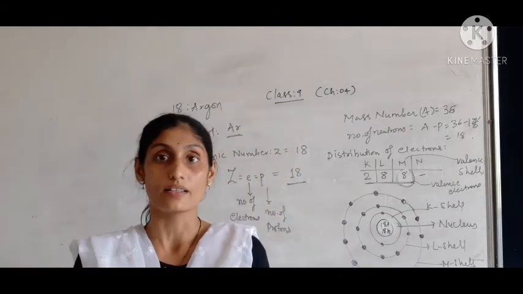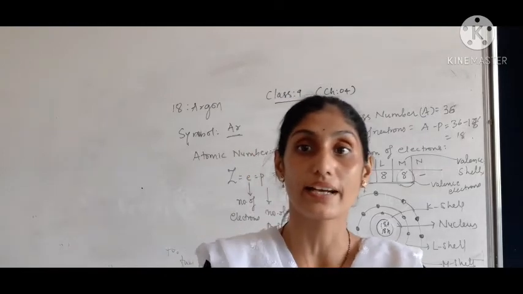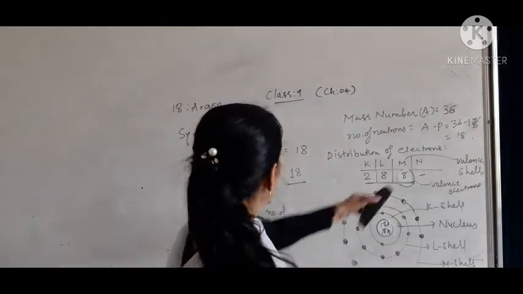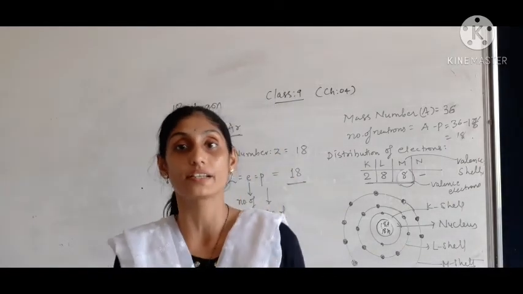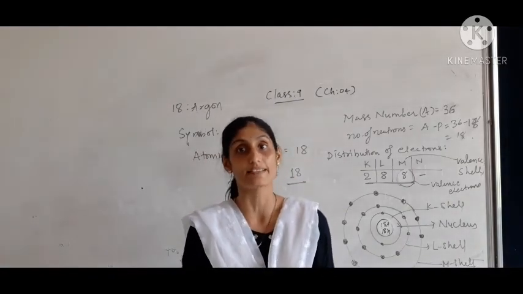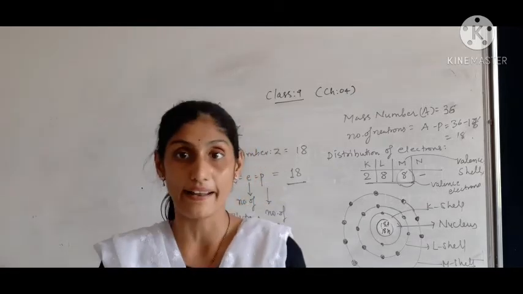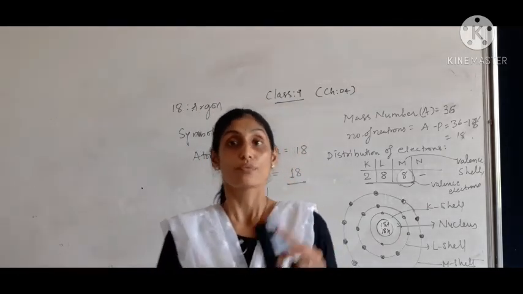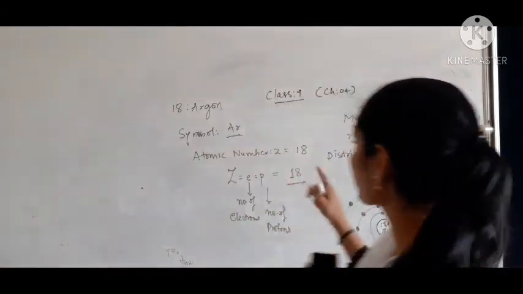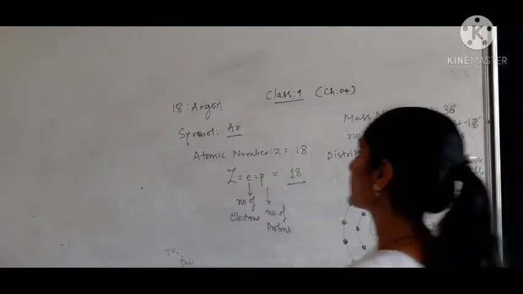Now we have to learn 2 more. How are we accommodating the electrons in the M shell, and after the M shell, in the N shell? That is not given in the textbook. That is potassium and calcium. Potassium contains 19 electrons, whereas calcium contains 20 electrons. So we have to draw the electronic configuration for potassium as well as calcium.